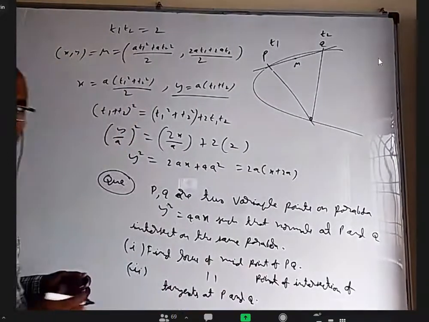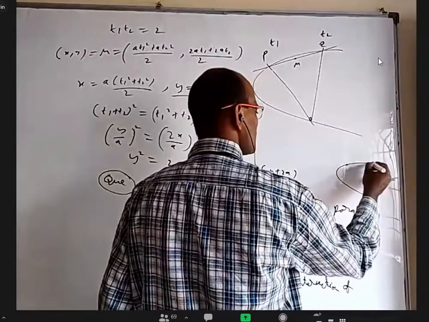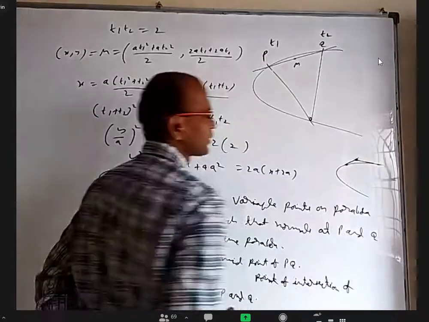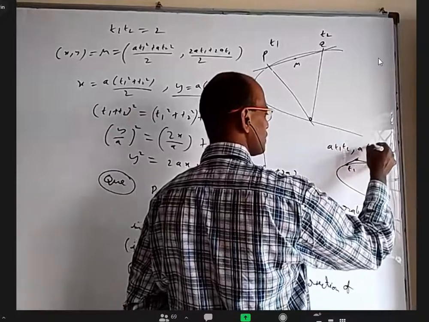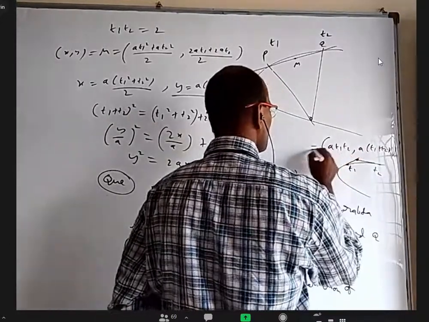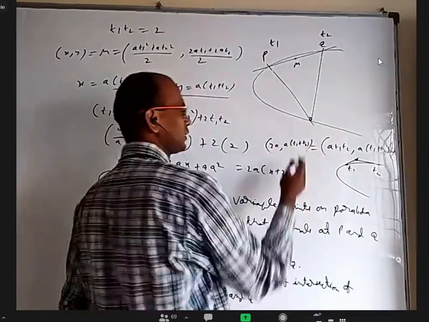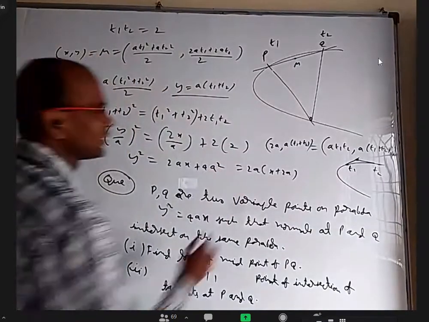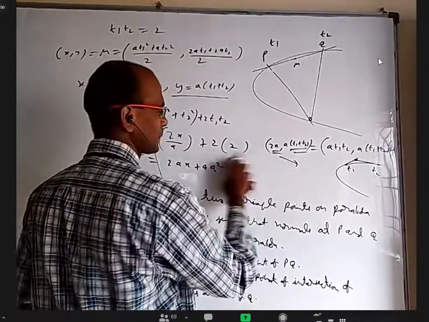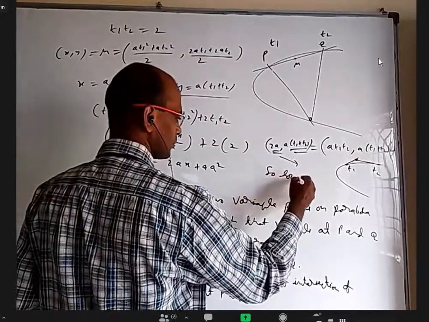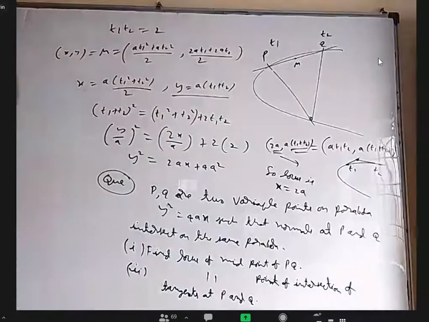Sir, I am very confused on how to get the y coordinate. Yes, that's why I'm asking this question. If you take these two points and draw tangents there, the point of intersection of tangents at T1 and T2 is A T1 T2 comma A into (T1 plus T2). But T1 T2 is 2, so it is 2A comma A into (T1 plus T2). In the place of T2, if you want to write 2 by T1, not an issue. But the y coordinate is variable and the x coordinate is constant, so the locus is x equals 2A. That's all. It's a simple vertical line.